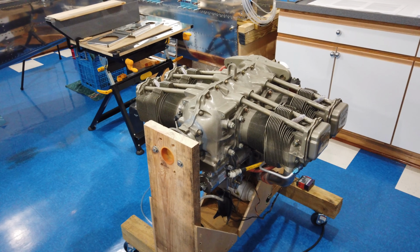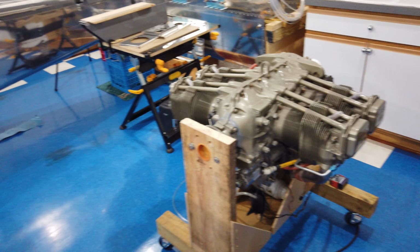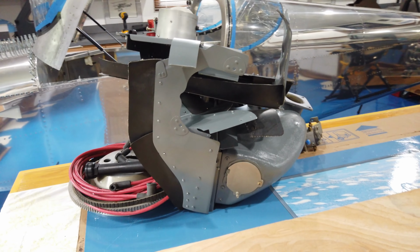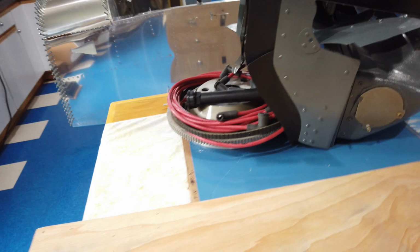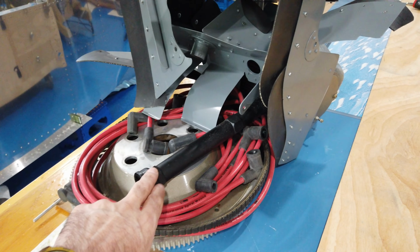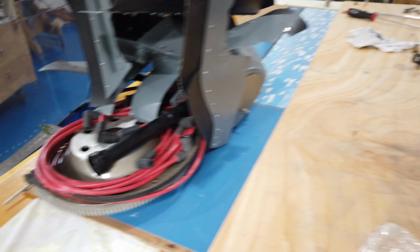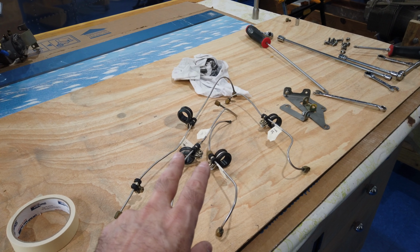So you can see I've got the baffles removed and a couple of other simple items. I've got the baffles stacked up here. Of course, this is the fiberglass intake. And the starter ring had already been removed. I got the spark plugs off. The oil dipstick tube has been removed. I've got the fuel lines removed from the